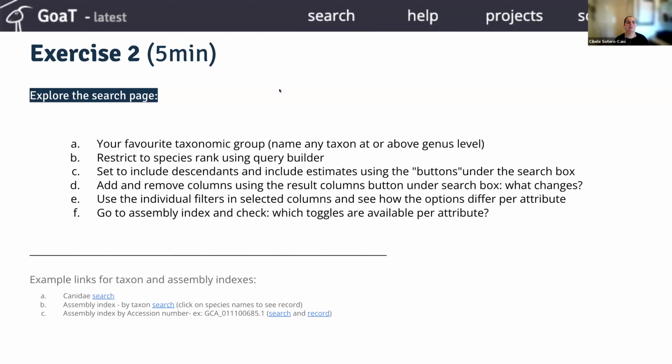Okay, so this would be the second exercise, where you would be clicking to see how you can retrieve data, but also how you can break the UI, because sometimes there are choices that you make in Goat that are not valid, and then you get this horrible page saying something went wrong. But it's a good experience to just go there, type your taxon, start clicking things, open the query box, the query builder, and just try to put things in the pre-filled version and hit update to see what happens.